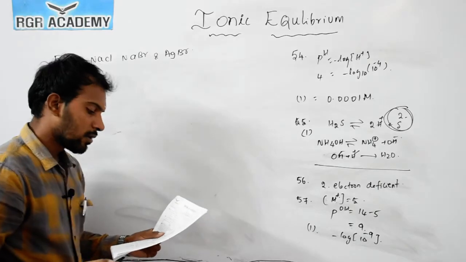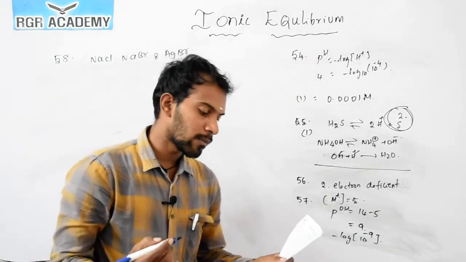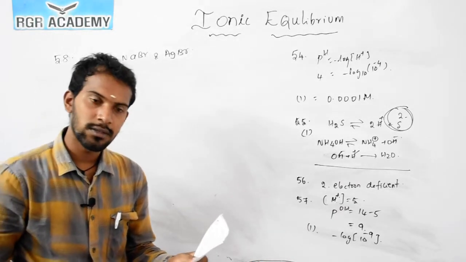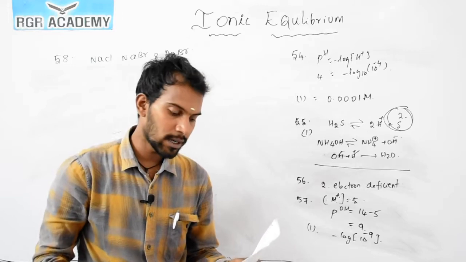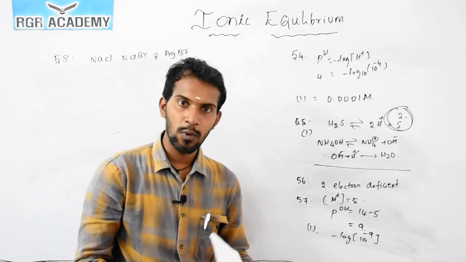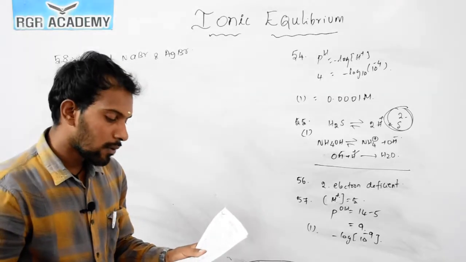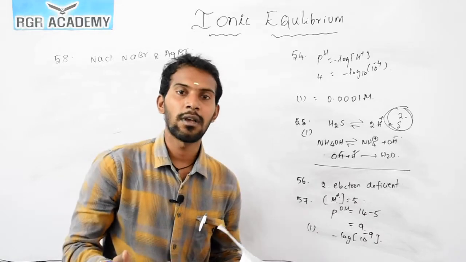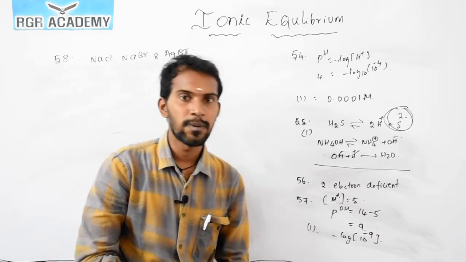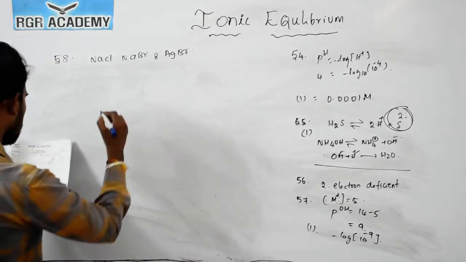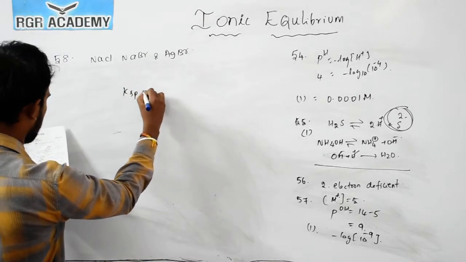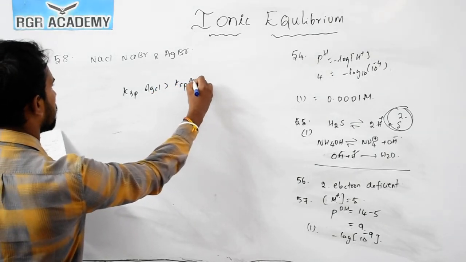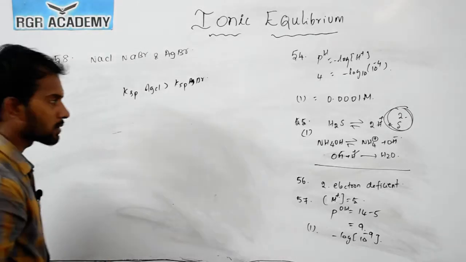Now see the statement 1. Which one is precipitated very easily? Here the first precipitated solution is AgBr, then after that AgCl, because it has more molecular weight. Now the Ksp, the solubility product which is greater, that one should have less precipitate. The given exact value is Ksp of AgCl greater than Ksp of AgBr. If they are given like this, then this one is correct.